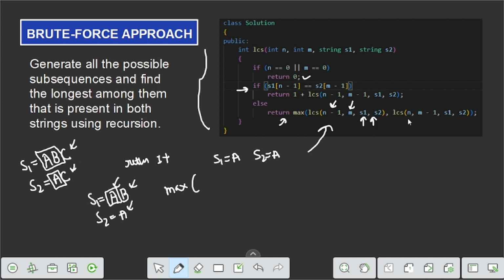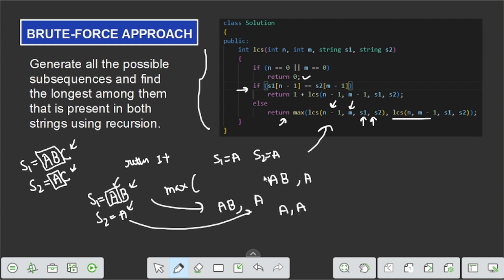Then the second call is LCS of n, m minus 1, where the length of S1 remains the same n and the length of S2 decreases by one. So if the last index is not the same, we call these two cases, A B with A and A with A, and take the maximum of the first case and second case.